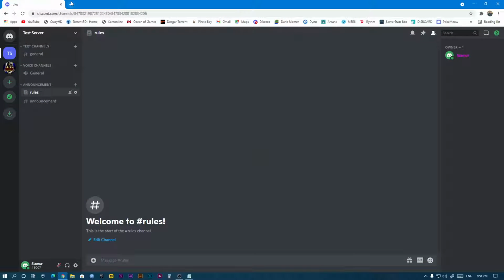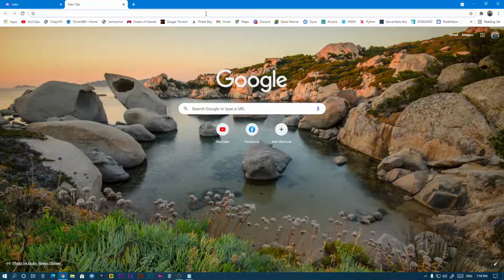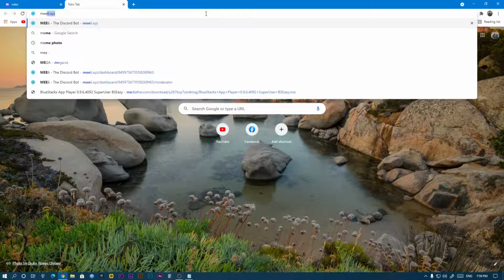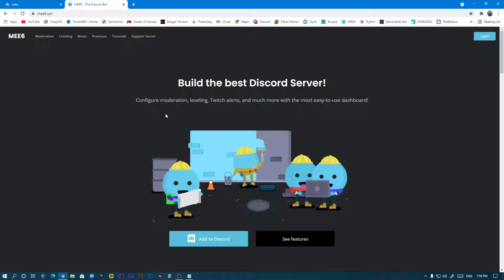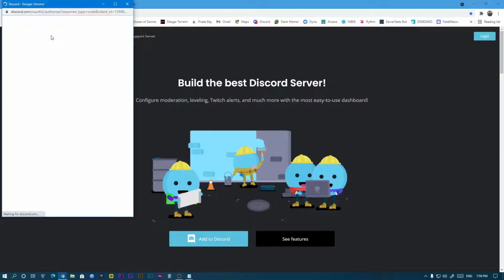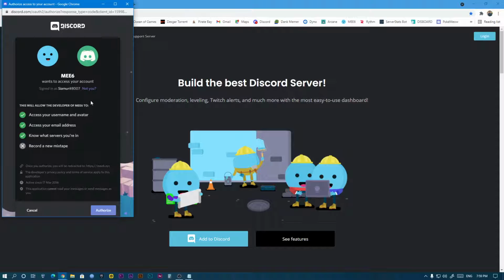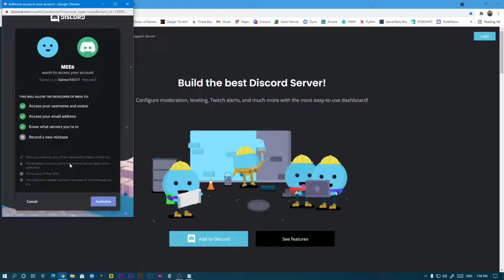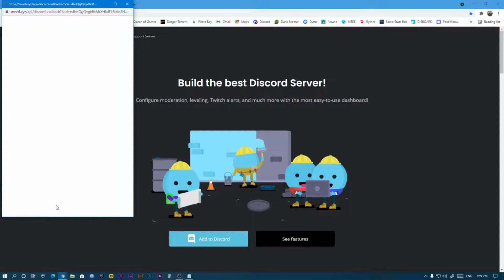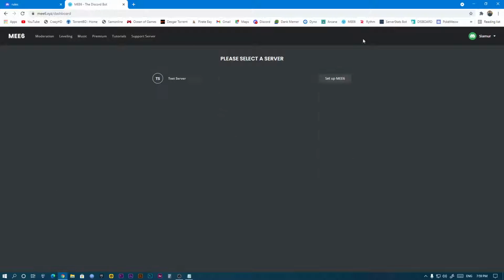So go to Google Chrome and go to mee6.xyz. It's the link of the MEE6 bot. First we need to add it to Discord, and we need to give permission to authorize our server.